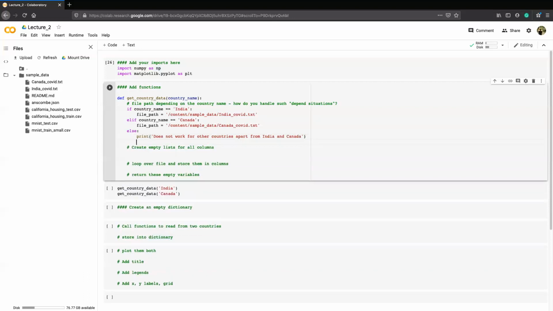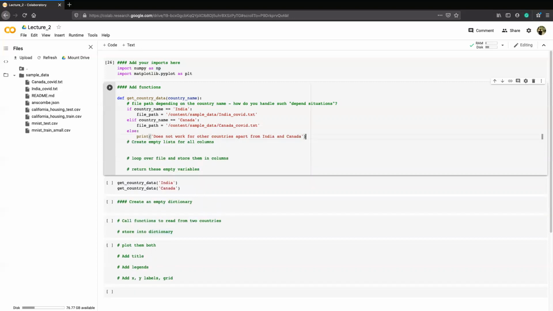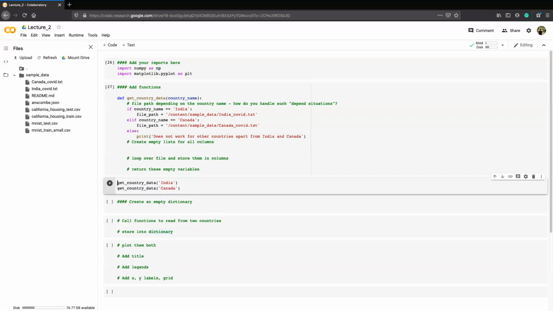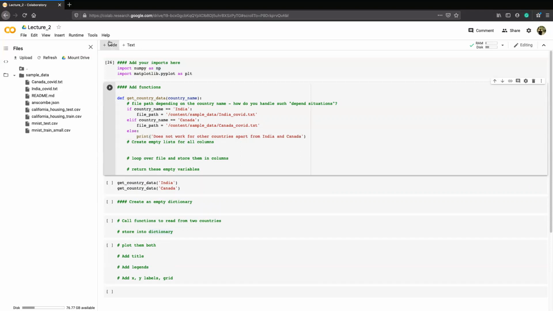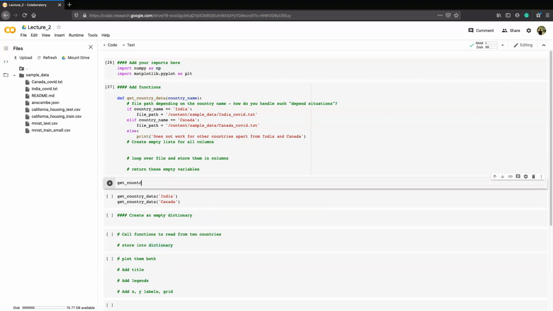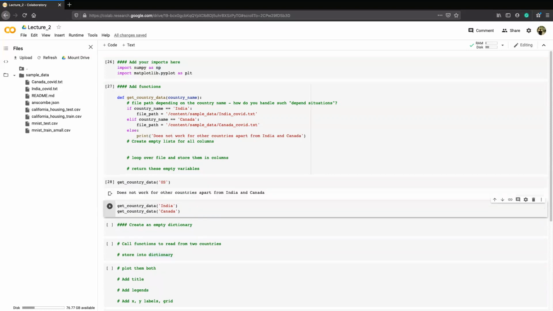And we can potentially just stop here and already run and see what happens. So I could choose to not return anything. As I said, we don't need to return something. This works. This is a perfectly fine function. It's not going to create an error. And if I just say get country data and I enter in the brackets US, it says does not work